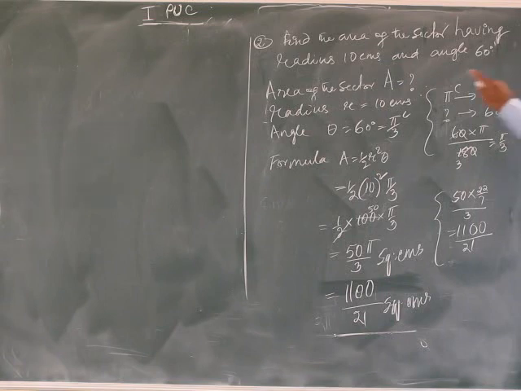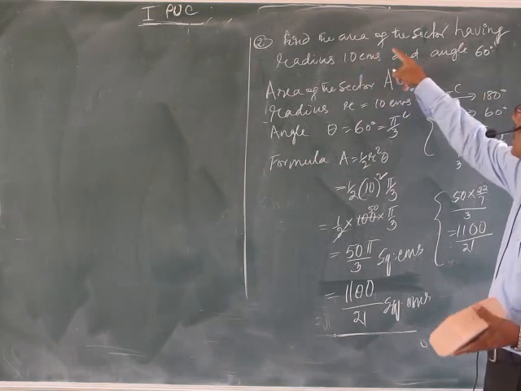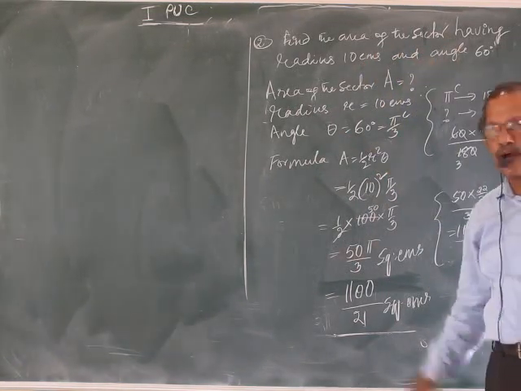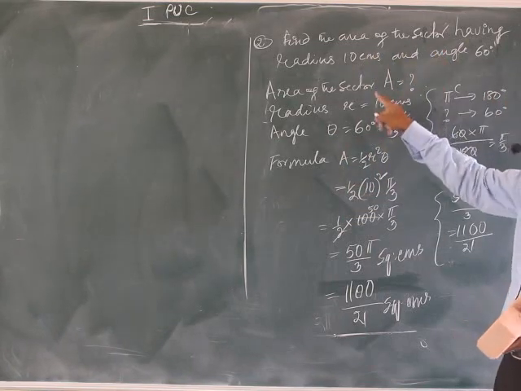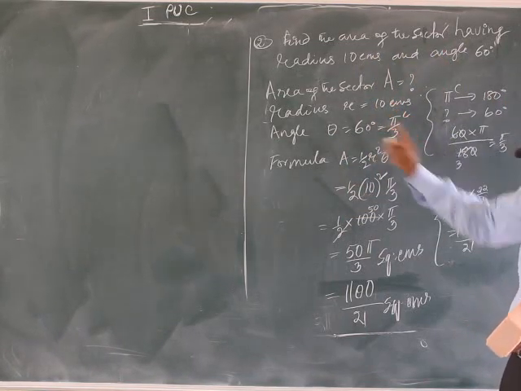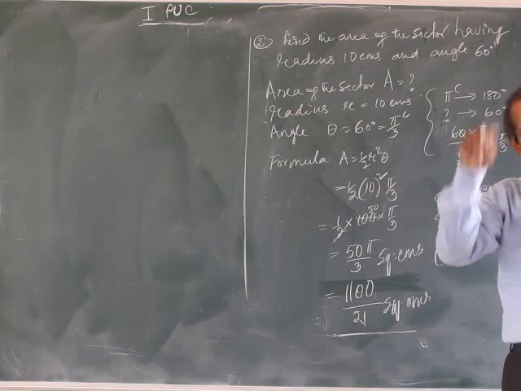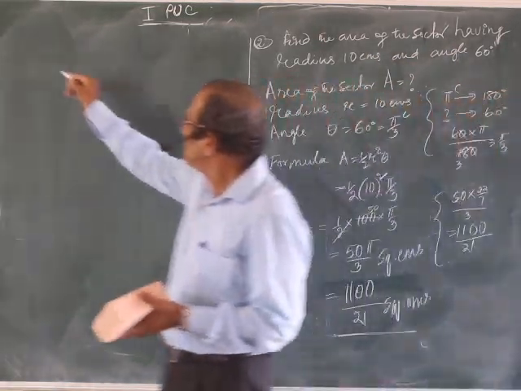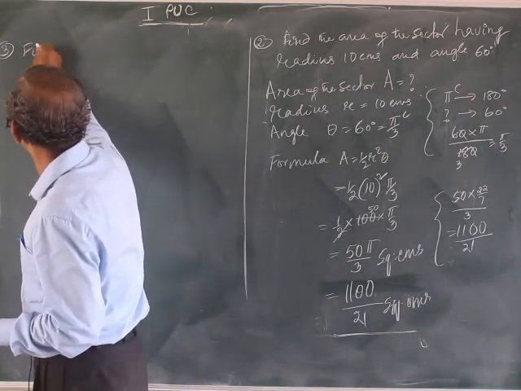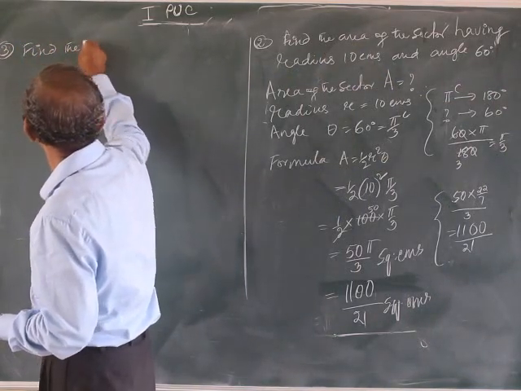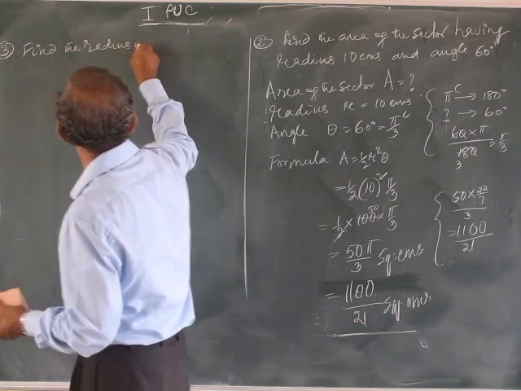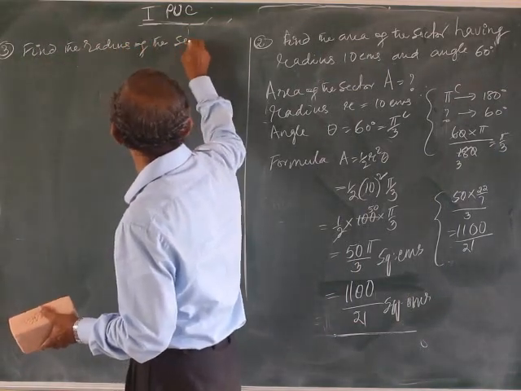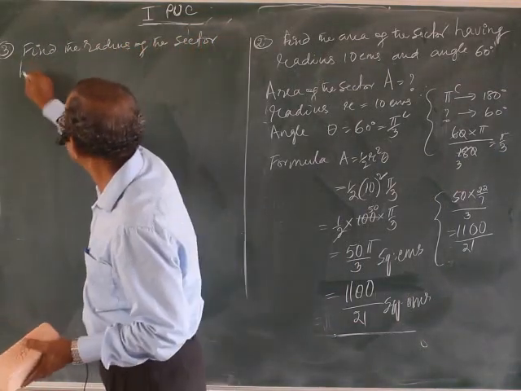Now, need not be asked this area. Find the area only. Now, both the problems I have asked how to find the area of the sector, given the radius and angle. Now, let me ask, find the radius of the sector. Problem number 3 is find the radius of the sector having